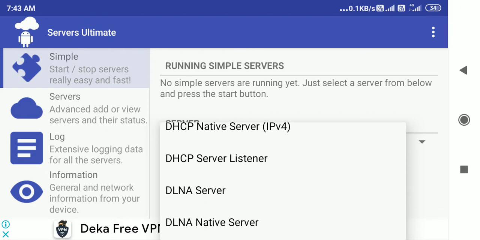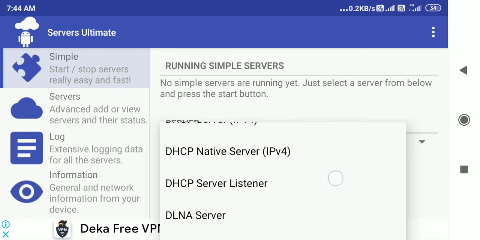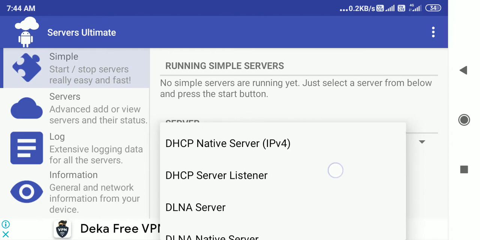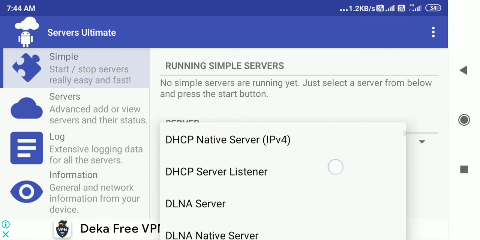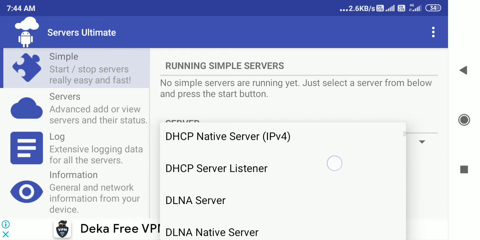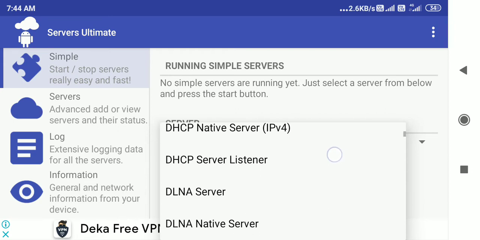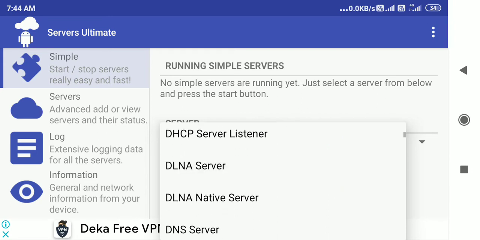Now, DHCP server listener. Servers also have listeners. What are listeners? Listeners go on host configuration and start listening to what IP addresses are out there, then they try to capture all those addresses and find the location, basically. A server listener is a kind of location server.